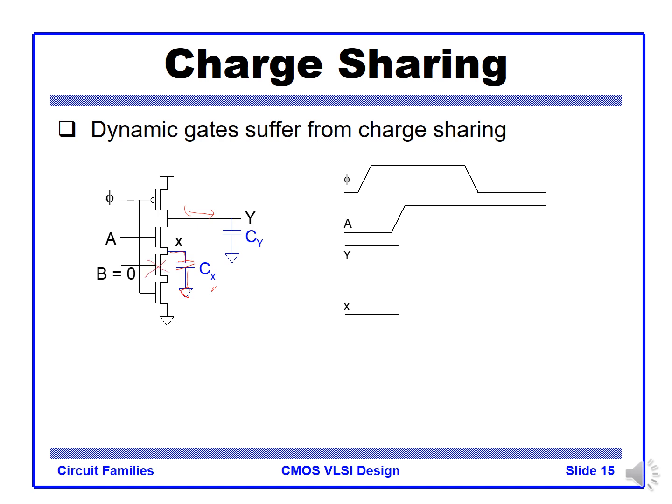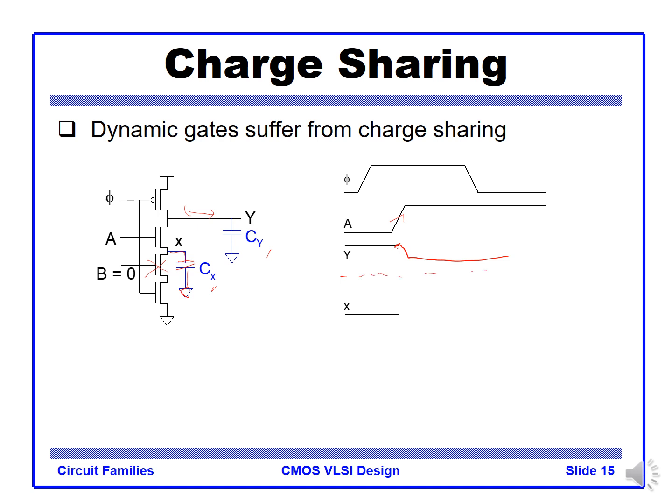In that case, if A changes from 0 to 1, as in the right figure here, Cx and Cy are connected, so the precharged voltage on node Y will move down a little bit,